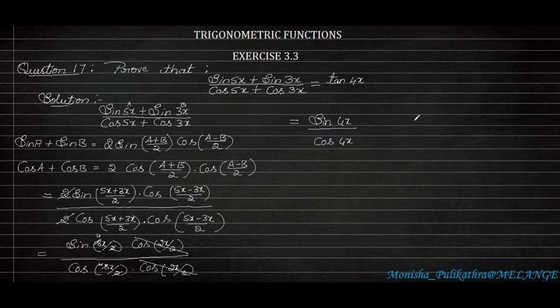In trigonometric identities, there are ratio identities which say that sin theta by cos theta is equal to tan theta. Okay, sin by cos is equal to tan. In the same way, cos by sin is equal to cot. Here sin by cos is there, sin 4x by cos 4x. Instead of theta, here 4x is given. So sin 4x by cos 4x is tan 4x. So whatever we needed to prove, we got that. So write it down, hence proved. Hope you understood this.